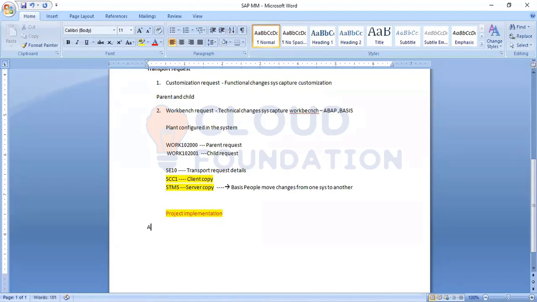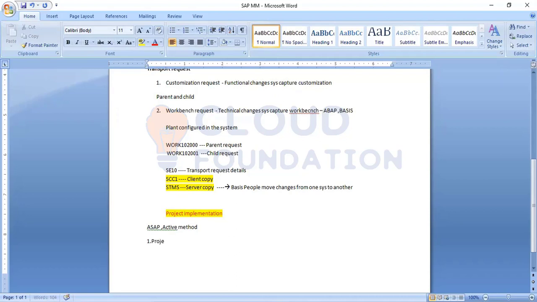We have different methodologies. We have the SAP methodology, or ASAP methodology. So what are the different phases available in the SAP ASAP methodology?